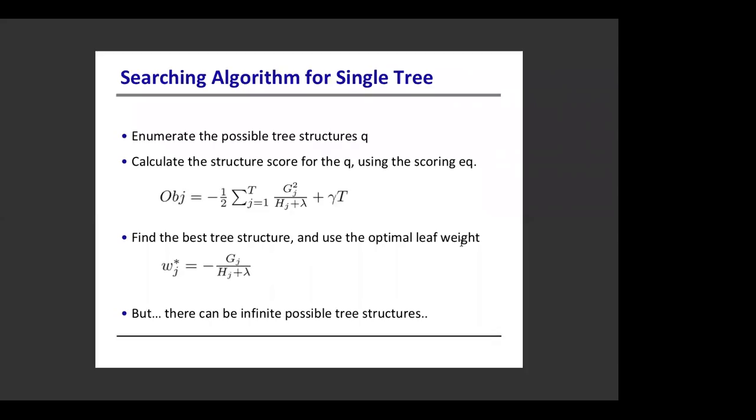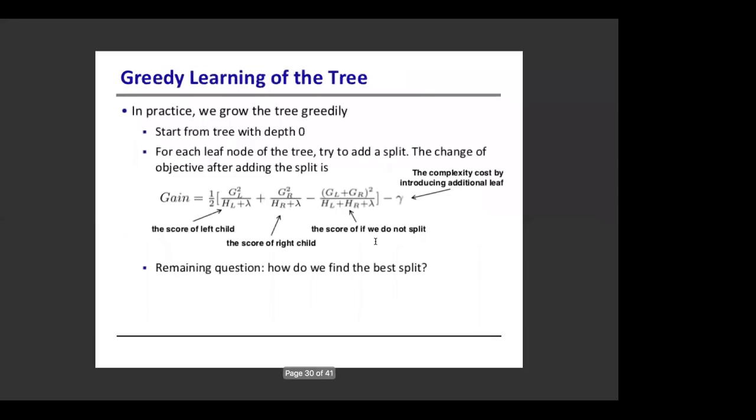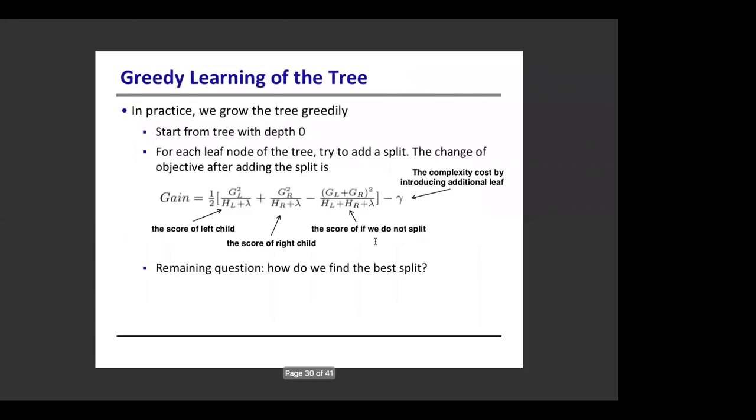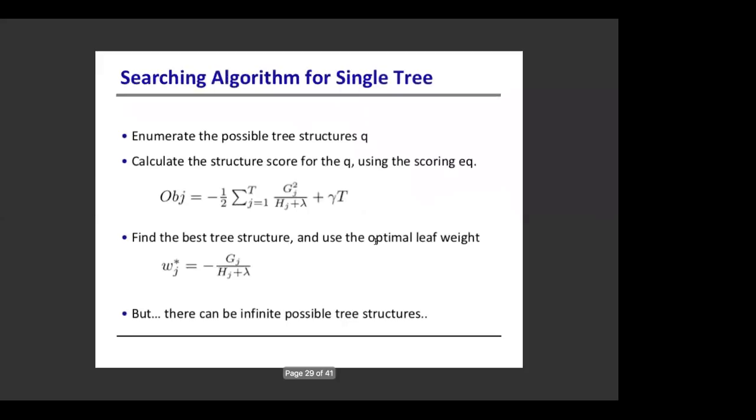But there can be infinite possible tree structures. So in practice, we grow the tree gradually. We start at the tree at depth 0. For each leaf node of the tree, we try to add a split. Now here what they have done is, since it is done over leaves,